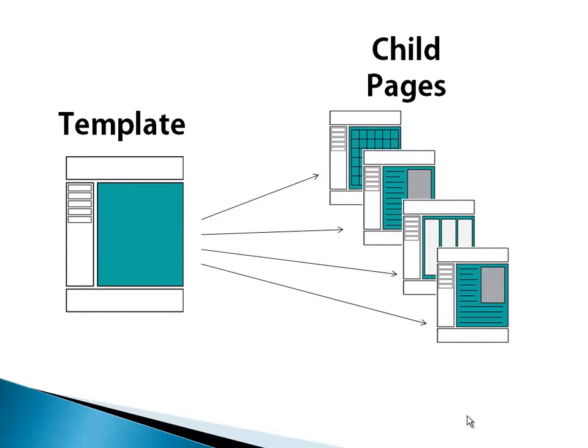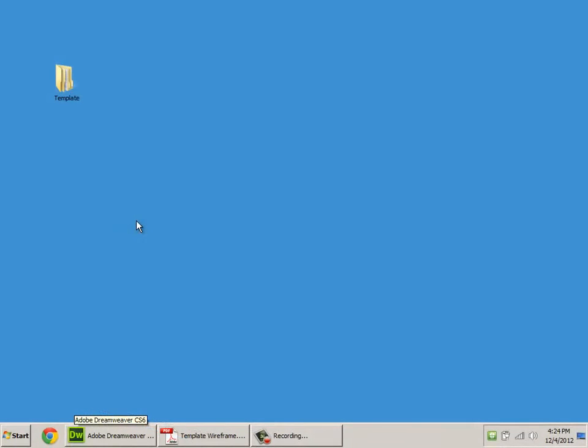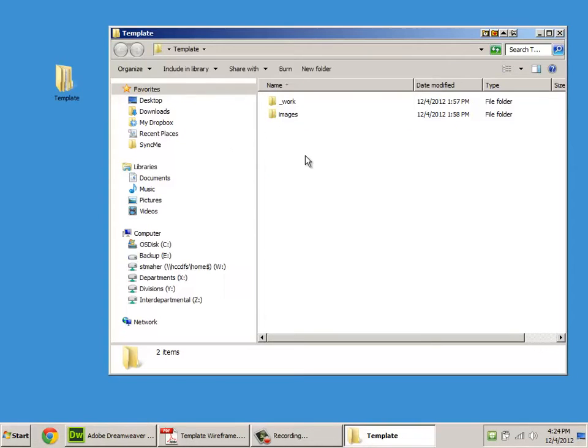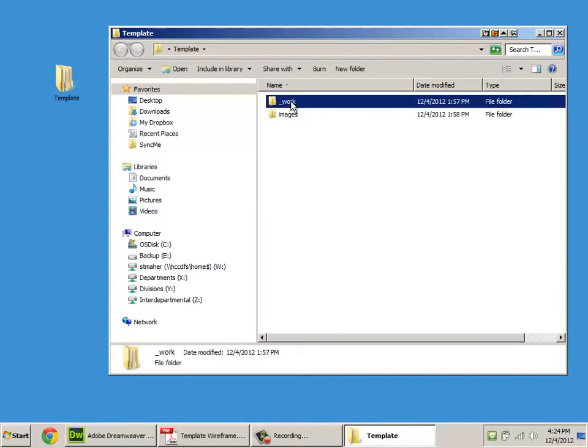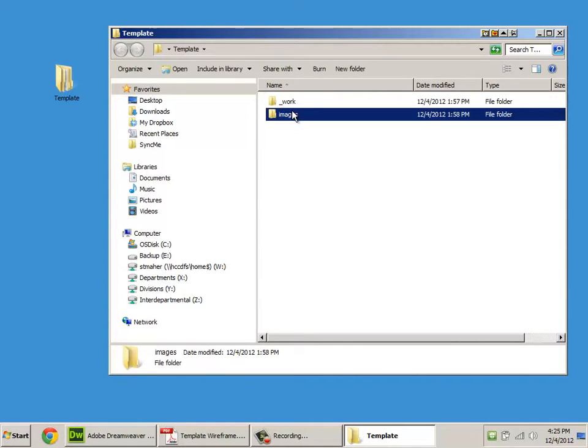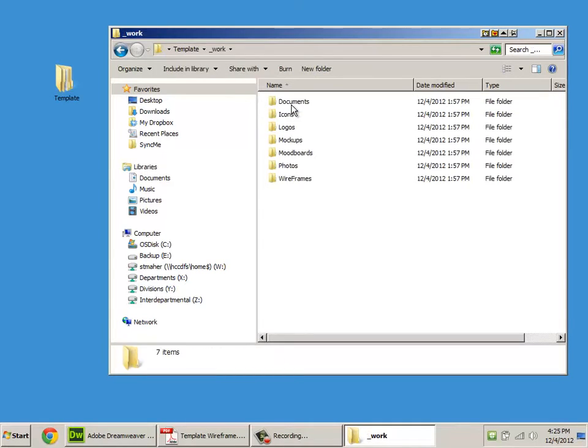So let's see how to do this. First, I'll need a folder that's going to hold my site. I've got one already on the desktop. You can see that I've included an images folder and a work folder. All of the GIFs and JPEGs and PNGs that I need for my site are going to go in my images folder. The work folder will hold everything the client gives me and anything I need that goes to create